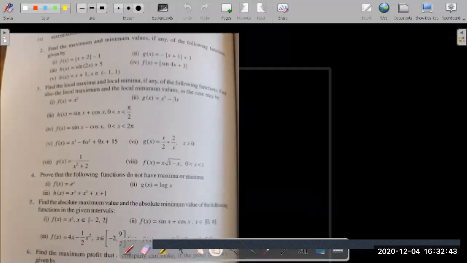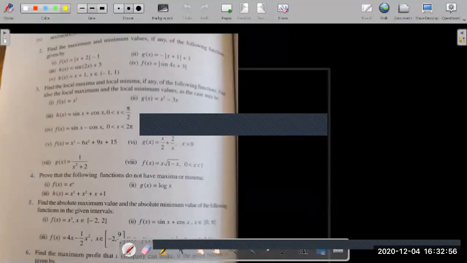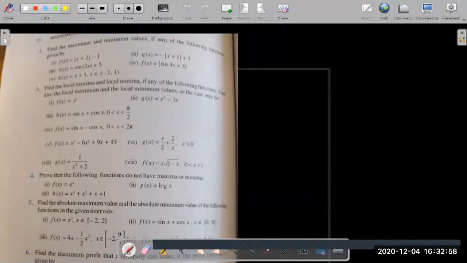So we have to do the second question onwards, find the maximum and minimum values. This is the one we are doing, second question. So f of x equal to mod x plus 2